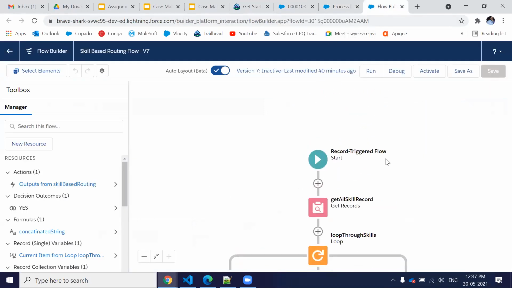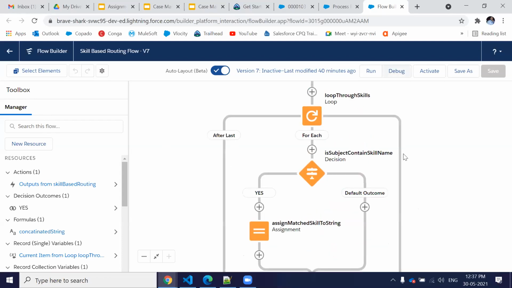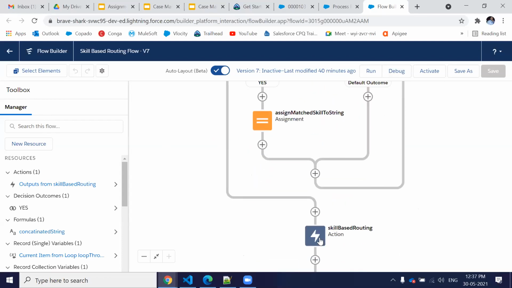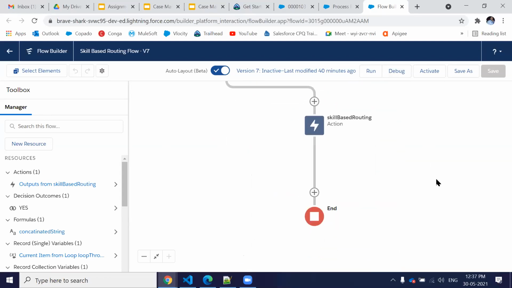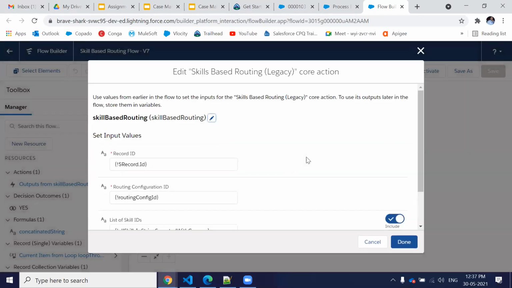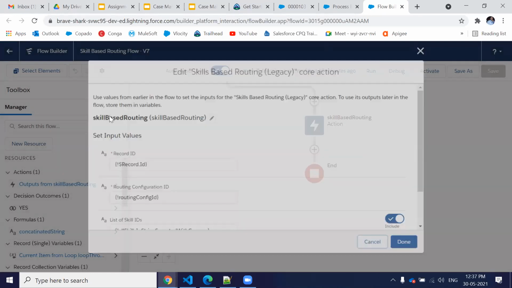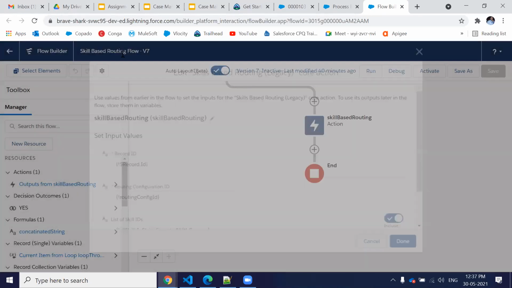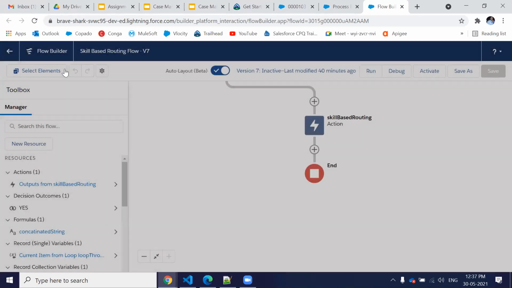Before starting the flow, I just want to show you something. Whenever you're going to use the action, not here, let me just go to the setup and open this flow.